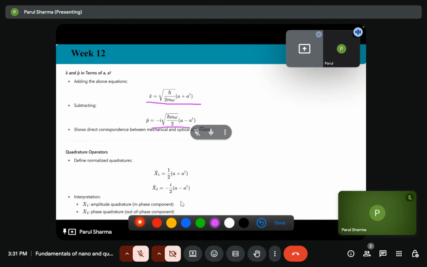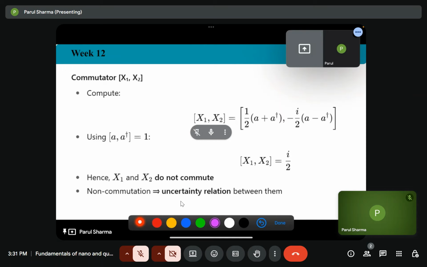And of quadrature operators, we define the normalized quadratures. X1 equals to half a plus a dagger, and x2 equals to minus iota by 2 a minus a dagger. So x1 will represent the amplitude quadrature, that is the in phase component, and x2 is the phase quadrature. Because of iota, it will represent the out of phase component. Next,